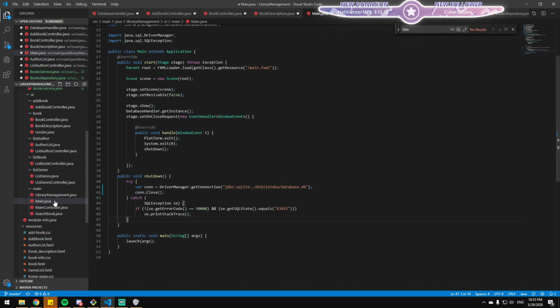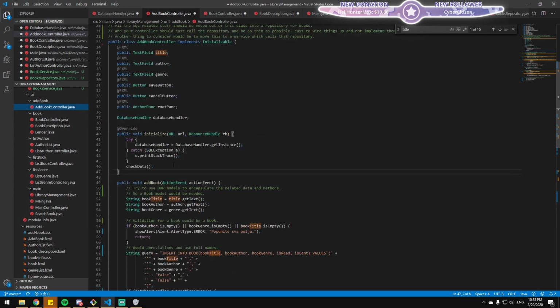Okay. One other thing I want to bring up again, I think it's been touched on before, but this string should really be in its own file. I'm not really sure how you could do that with JavaFX.